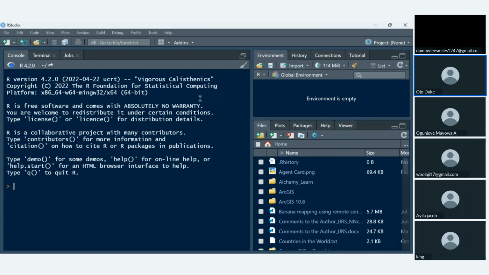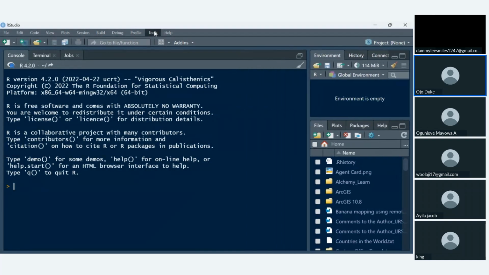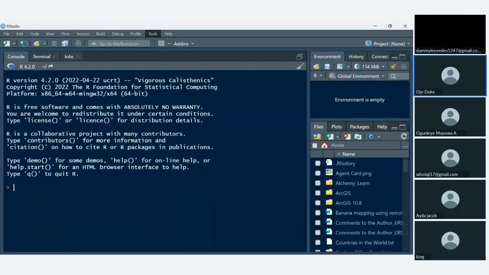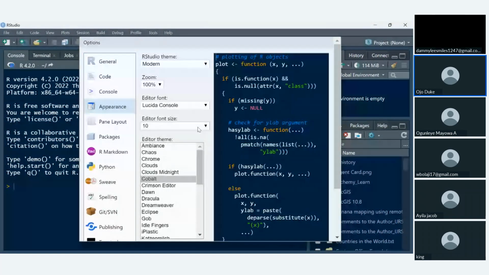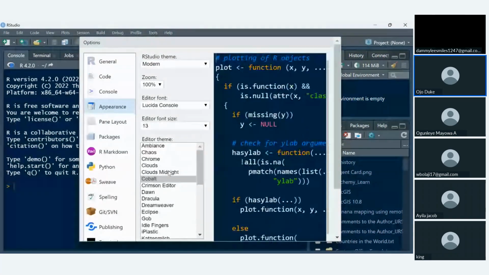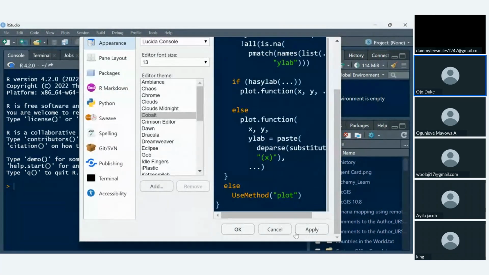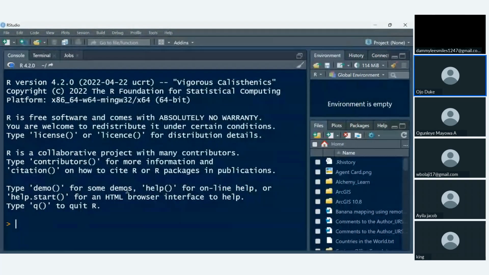So if you spun up your RStudio, I want to believe by now everyone has been able to download their RStudio and R. Let me try and increase the size here so that we can all see. Let me move that to around 13. Is that okay? Yeah, I think it's better. All right, so I want to open the window that has the,